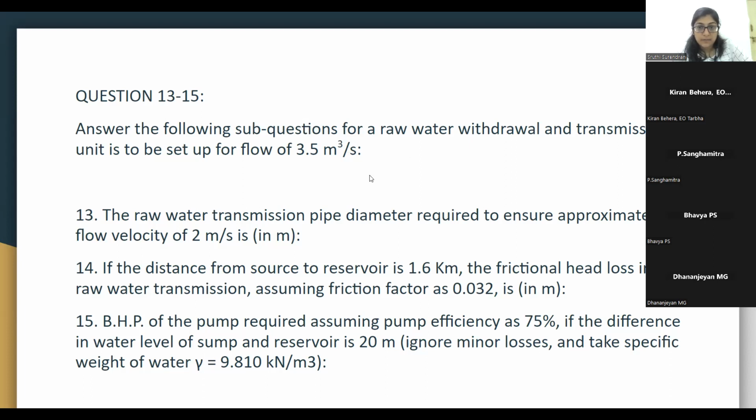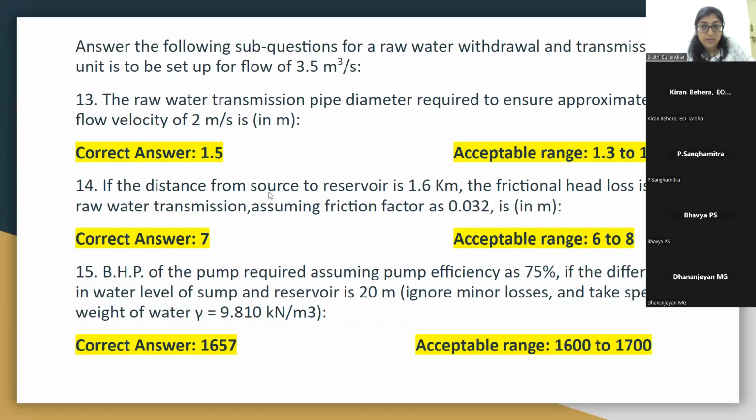Okay, so the values that we have been given is the flow rate, Q value is equal to 3.5 meter cube per second. The first question here is asking us to find what is the diameter of the pipe that can discharge this rate of water, 3.5 meter cube per second, and they have given the velocity of water flowing through this pipe as 2 meter per second. We can make use of the simple formula Q is equal to AV. Discharge is equal to area into velocity. Here we have been given the discharge value and the velocity value. So area will be equal to Q by velocity. So the answer for the first question would be